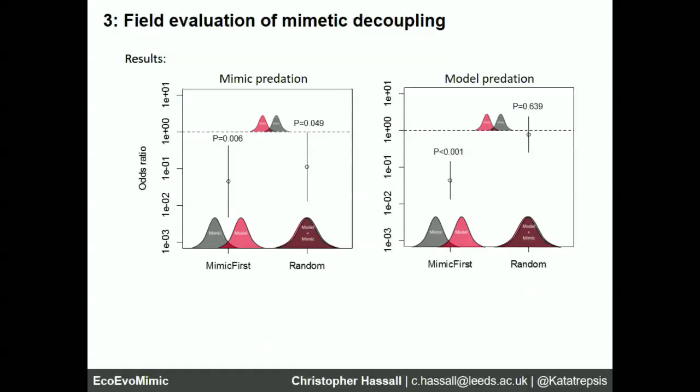There are some issues with trying to get to grips with this at a field scale because it's a really complicated system to try to replicate in the field. We had a lot of predation that was all over the place in terms of the frequency of predation versus not. There's a lot of data cleaning that needs to be done. So I don't have too much faith in these results anyway, but it suggests this is going to be a nuanced pattern if it's there at all.